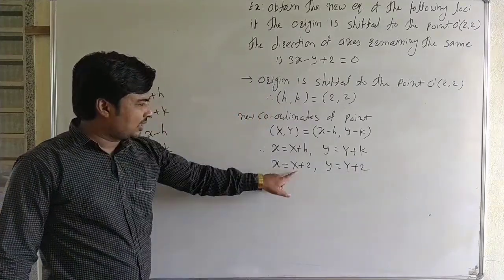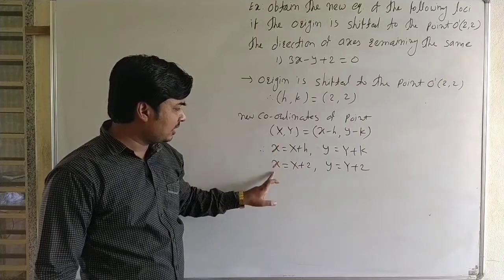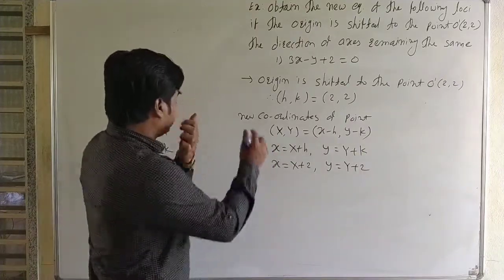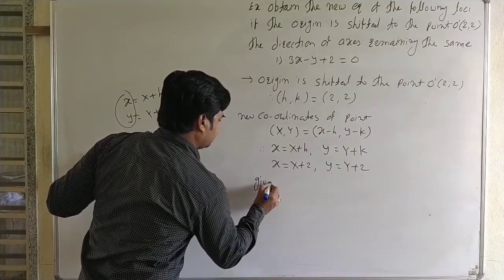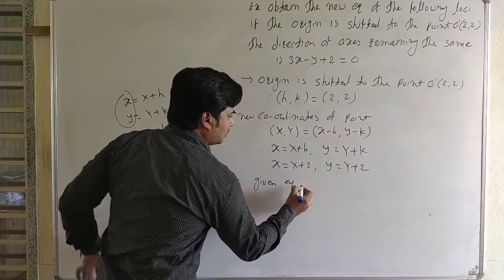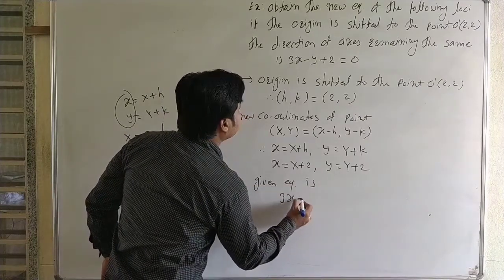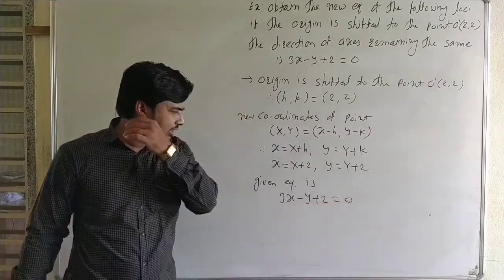Okay. Here are the new coordinates. It is x equals capital X plus 2, y equals capital Y plus 2. Therefore the given equation is 3x minus y plus 2 is equal to 0. This equation satisfies